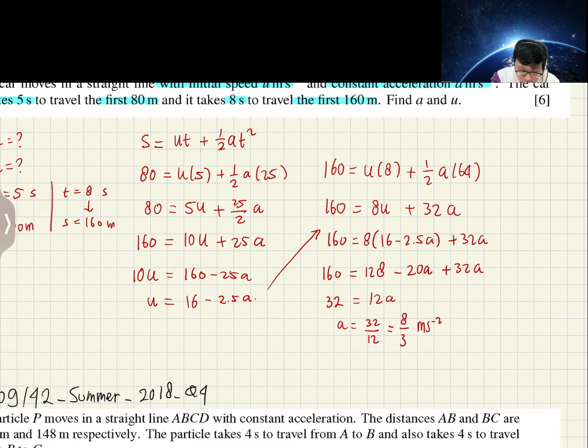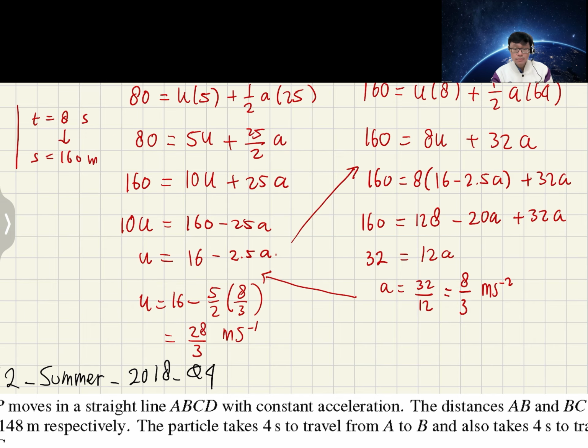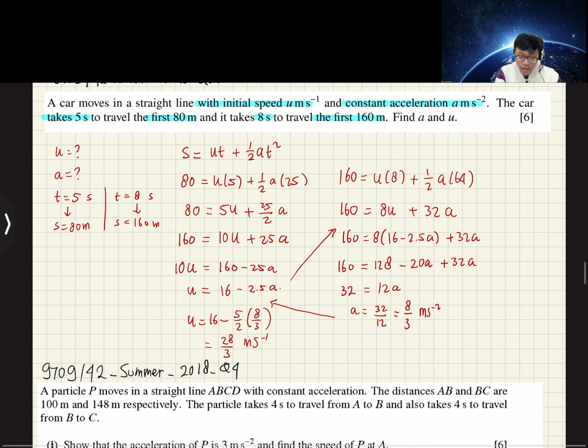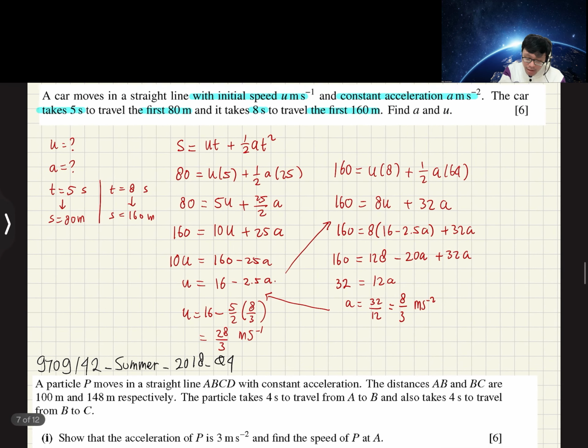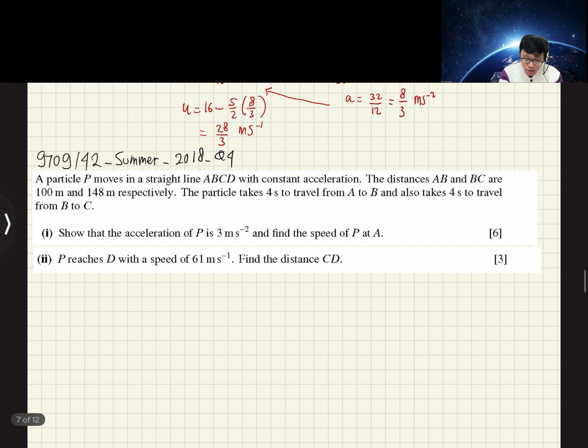And to find the U, you just need to plug in. So after this, we can go to here. So we get U equals 16 minus 2.5, which is 5 over 2, times 8 over 3. And then if you calculate the value, you will get 28 over 3 meter per second. That's how you use SUVAT. Okay, if you have a question, you can go to the...